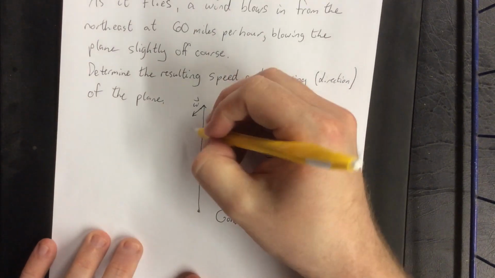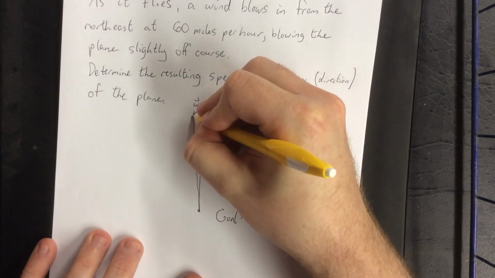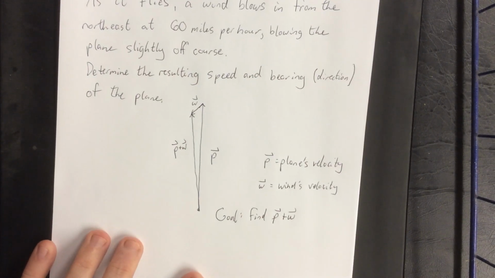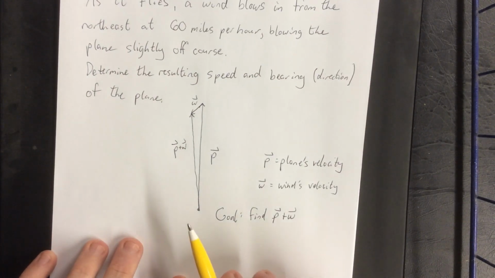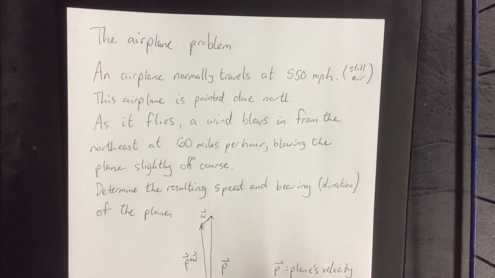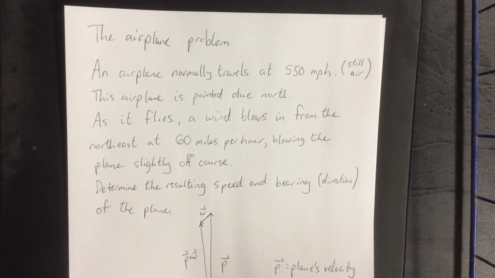Our goal is going to be to find the sum of these 2 vectors. Now, geometrically, what that would look like is connecting the initial point of P to the terminal point of W. However, in order to add these 2 vectors together, we are going to need to represent them in terms of components. Currently, we don't have components. We have the polar representation of both of these. So with that in mind,